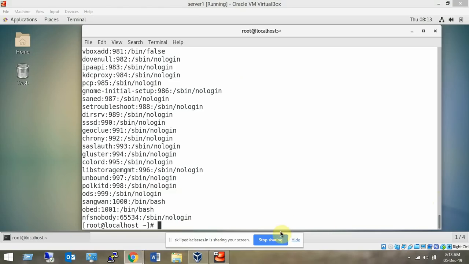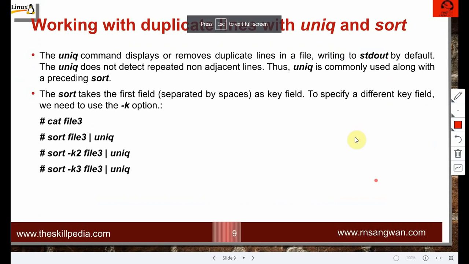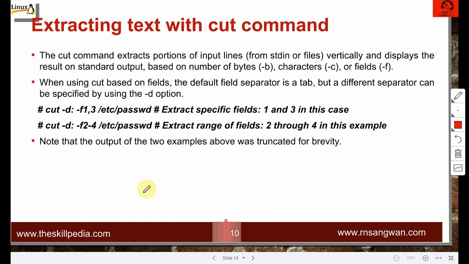They make an excellent combination if you try them together with the sort command and the cut command. So I have demonstrated sort with -k, sort with -n, sort with -t, the field separator, and the unique command to find the unique values. And the cut command I just demonstrated.